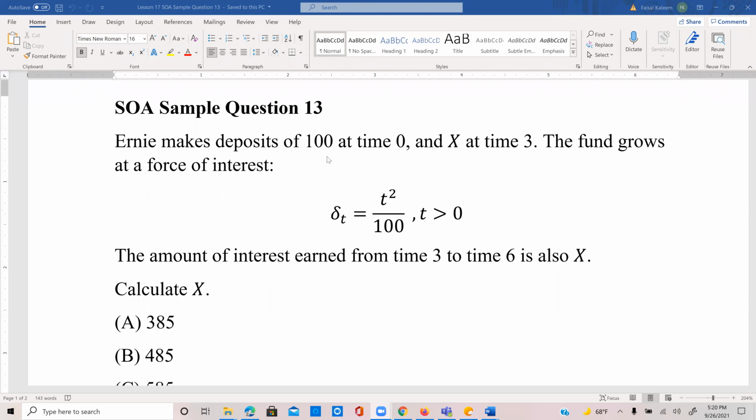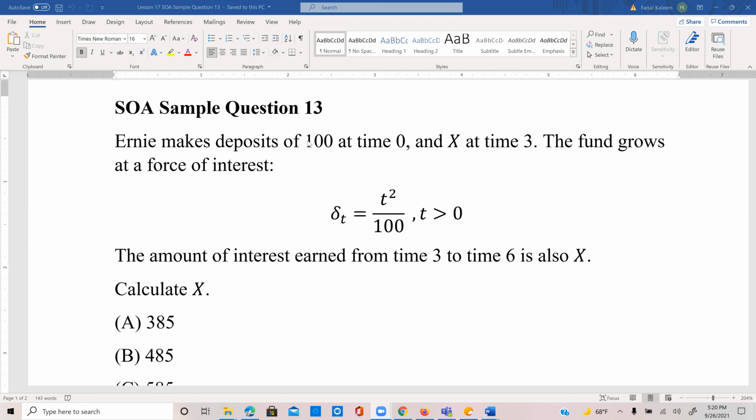Ernie makes deposits of 100 at time 0 and X at time 3. The fund grows at force of interest delta T equals T squared by 100. The amount of interest earned from time 3 to 6 is also X. Calculate X. Okay, so since a new deposit is being added at time 3, we first calculate the accumulation